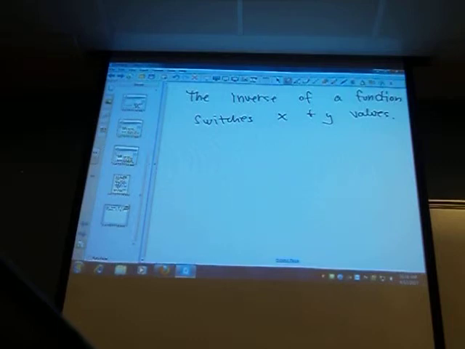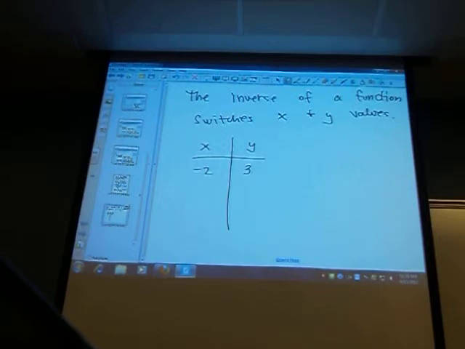The y values of one function become the x values of the inverse. The x values of the function become the y values of the inverse. Y becomes x and x becomes y. Okay? So if this is my function,